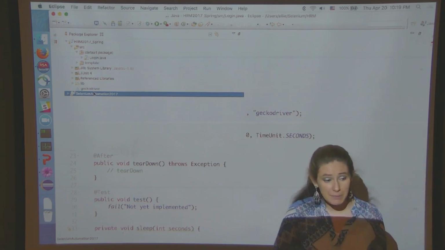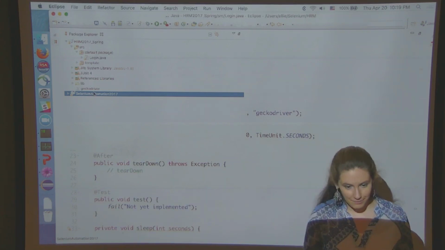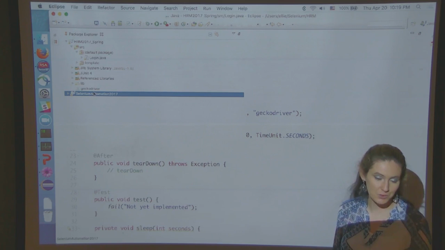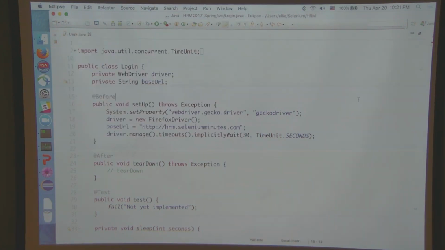Like I said, some people like to have jars just on top. My personal preference is to stick them in the folder. It is what it is. You can choose. You have freedom. It's not going to affect your code in any way, I promise. It just helps to better organize it. There are going to be so many files, I don't want it all mixed up.